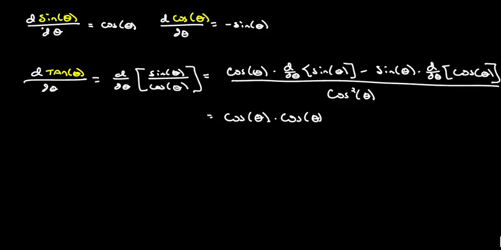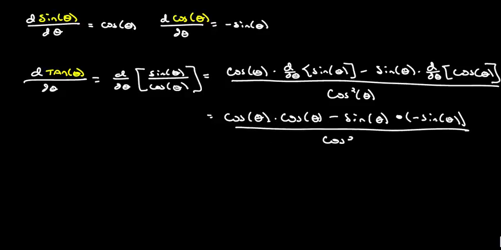So d theta of sine theta, cosine theta. So put that guy in there. And then this will be sine theta times, now d theta of cosine theta is negative sine theta. So that's multiplication, so we've got negative times negative, so it's positive. I guess I'll put this guy over cosine squared. So the first part is cosine squared theta, that's this. Negative times negative is positive, so plus sine squared theta